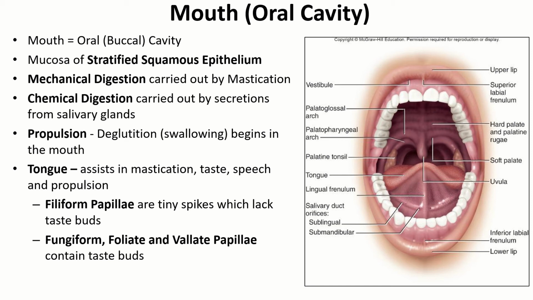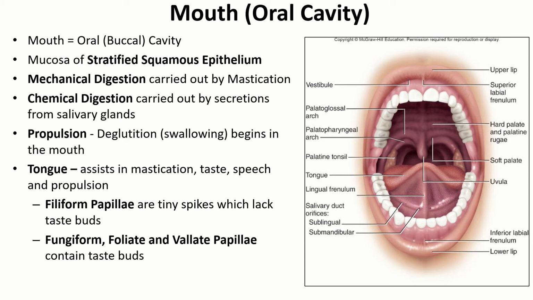Now, we're going to look at this in a process known as deglutition, which is swallowing, and it begins here in the mouth, using the formation of the cheeks as well as the tongue, and then, of course, the pharynx later to assist with that process. Now, the tongue itself is going to be important for a number of processes, digestive, in addition to things like